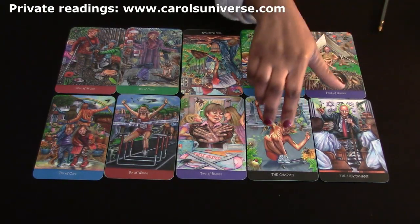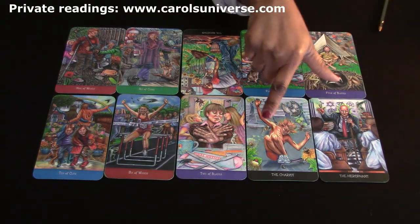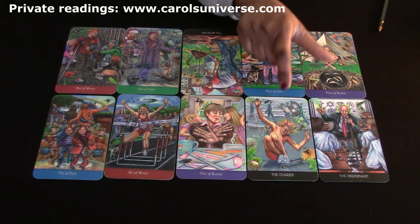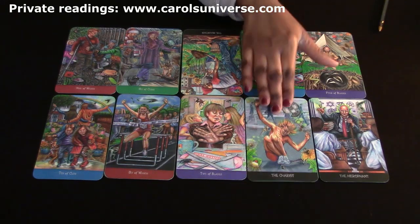I know some of you guys won't agree probably with that because it's a Chariot, but I look at how the illustrations are and it looks like he's trying to avoid and swerve. I mean, look, it's a boy here. He's got no top on. He's just got a pair of shorts. He's on his bike. He's on his skateboard. It's like he's got a day off. It's like he's not even in